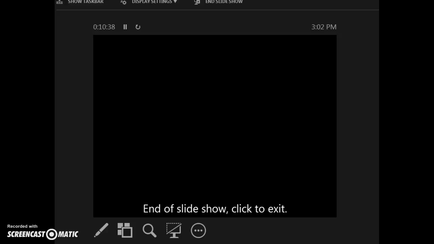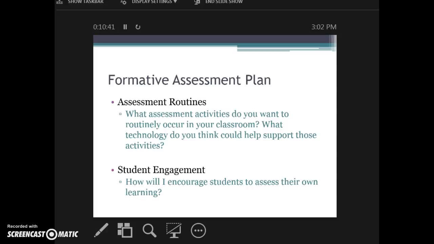You're going to create something I'm calling a formative assessment plan. The first part, and there are lots of directions available in Folio, is for you to think about what assessment activities are going to be your go-to in your classroom. I'm asking you to come up with four that you would teach your students and train them on how to do, whether it's using Poll Everywhere or whatever it might be, so that instead of taking a lot of time to get them started every time you try something new, they'll be like, this is part of the procedure and the routine in this classroom.